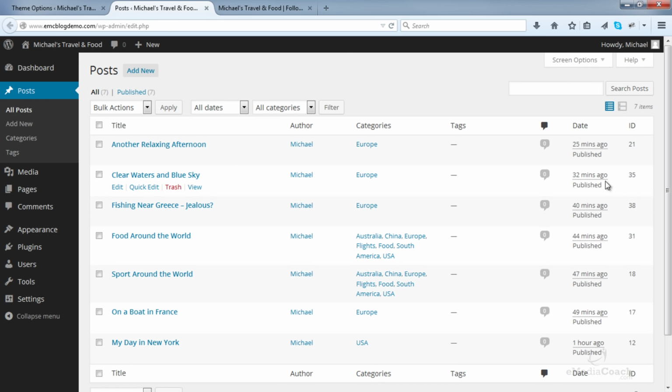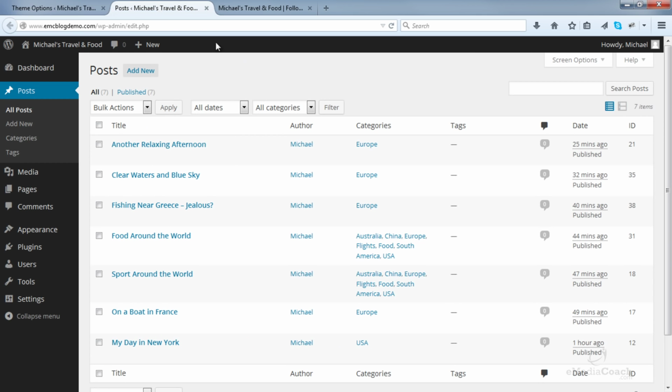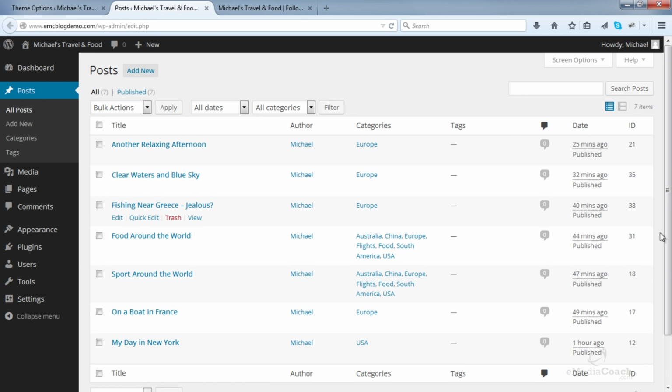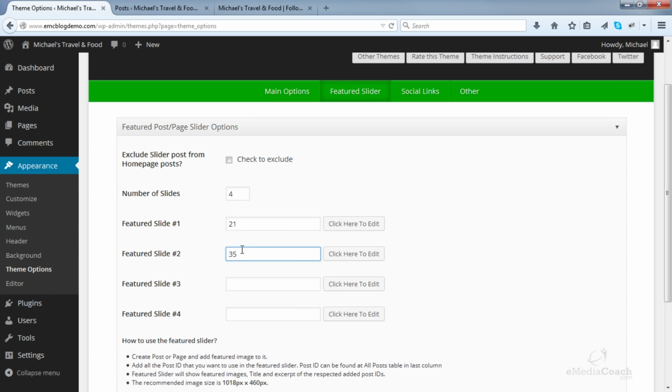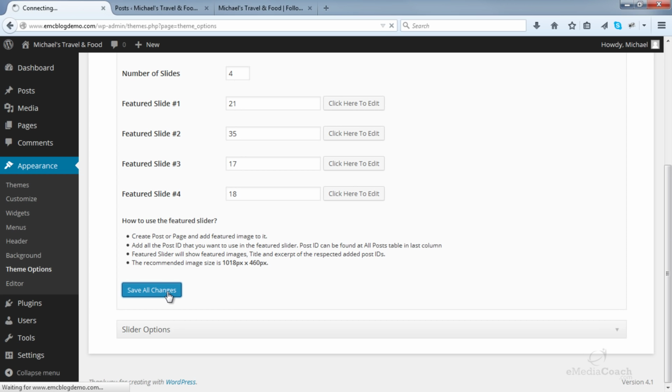So all you need to do is enter those numbers in these boxes here, and you can enter a maximum of 4. So let's select 21 and 35. And say 18 and post 17. Then click Save.